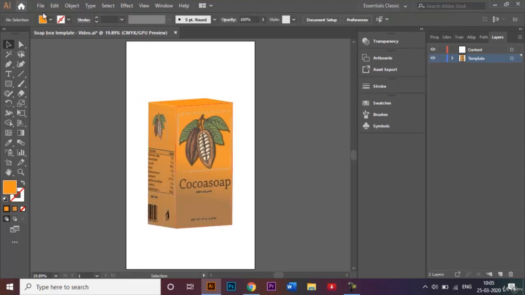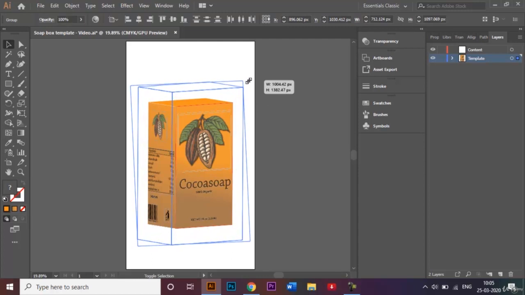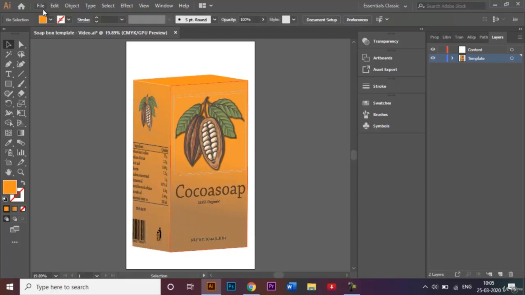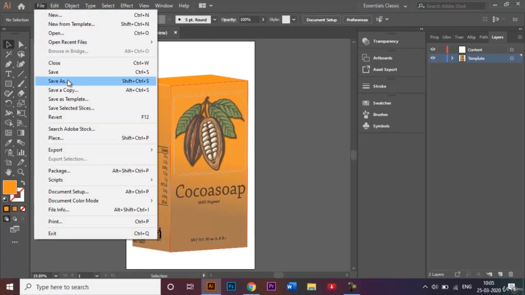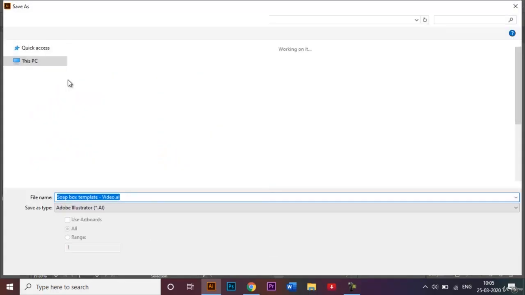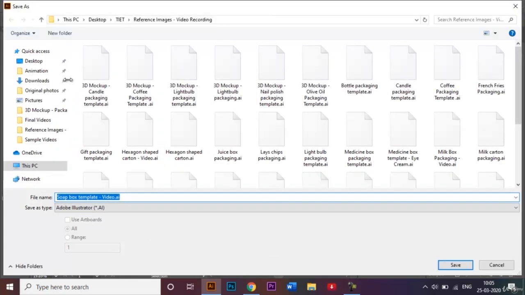So once that's done, I can play around with the size as well and see how bigger or how smaller I want my packaging to be, like that. And I'm going to go ahead and also save my file now since we are done. I'm going to click on Save As. So by default, my file name is going to be the same as my document name, but I'm just going to change this a little bit, and I'm going to add here 3D mockup of my soapbox template,